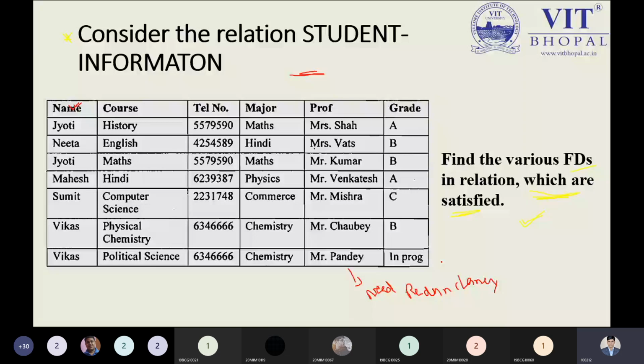Telephone number and course: can we have a relationship between the two? Can these two attributes have a relationship by applying functional dependencies? No, there will be no sense. So when there is no sense, we can't meet the dependency. That was the point. Now, are my words clear to all of you, or any doubt so far?